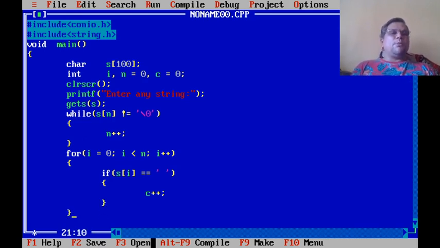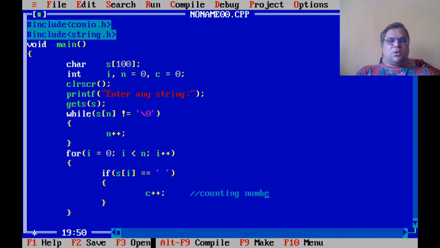By the time we come out of this for loop, what will we be ready with? Count. And that count will be counting number of spaces. So c variable will be counting number of spaces. Of course, we are assuming that between two words of a sentence, there exists only one space. So if the user enters multiple spaces, our program will give incorrect output. So this assumption is important, that between two consecutive words, the user has entered only one space.